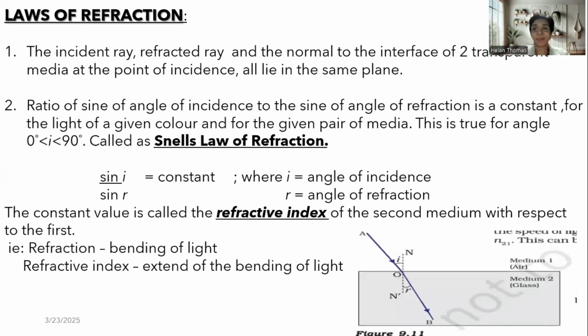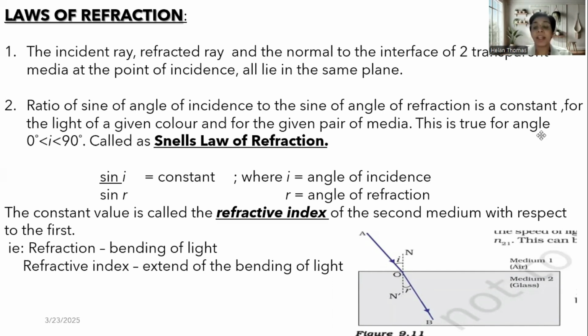Hi, my dears. In the last session, we talked about refraction. Refraction is the phenomenon where a light ray, which travels obliquely from one transparent medium to another, undergoes a change in the direction of propagation of light. And now we'll be going further. We already discussed some phenomena which we see in our day-to-day lives, and now we'll be going into the laws